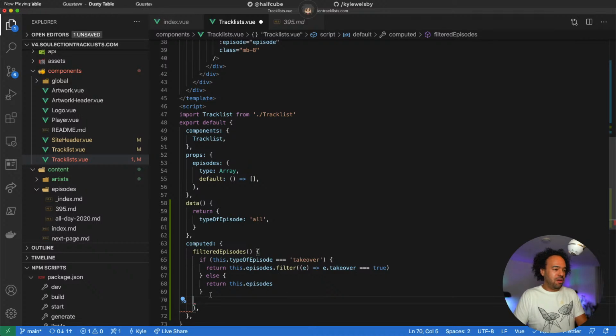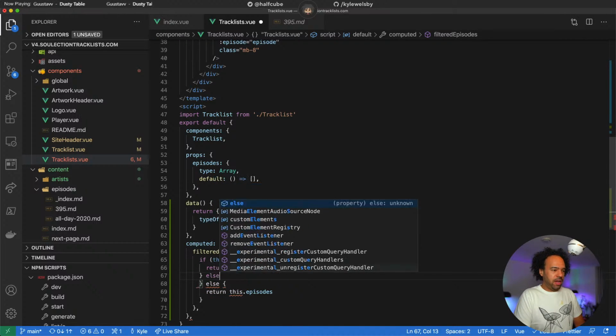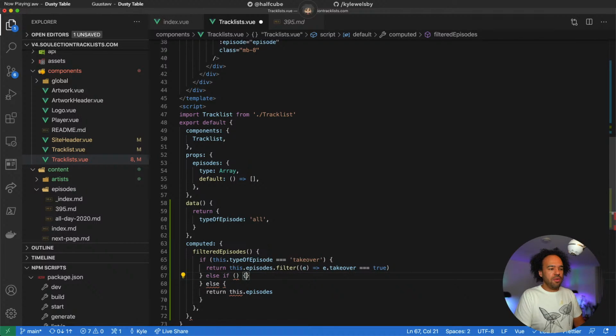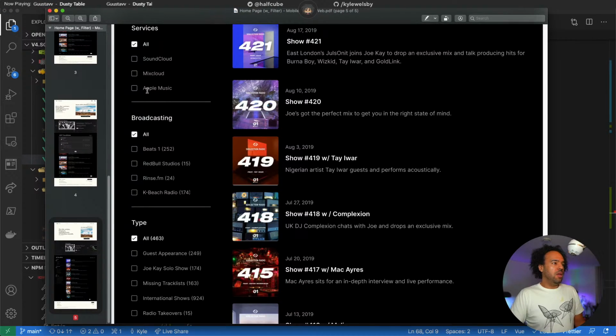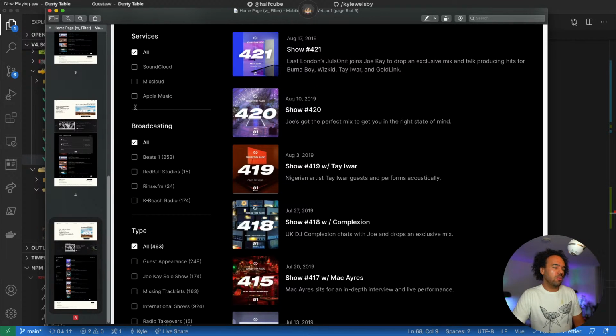But I'm not going to use this because I'm going to set in a whole set of else if with other conditions. And maybe work on the array which we have beforehand, because from the design we see it's a whole bunch of checkboxes. So I might want to say all services which are on SoundCloud and takeovers to filter that down.